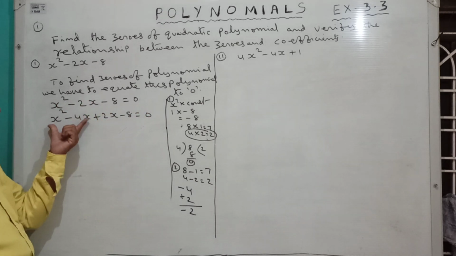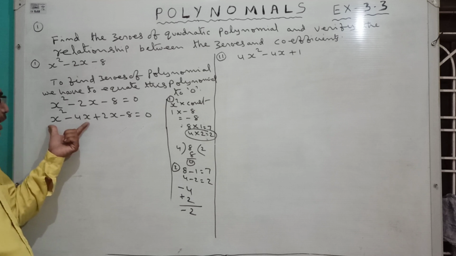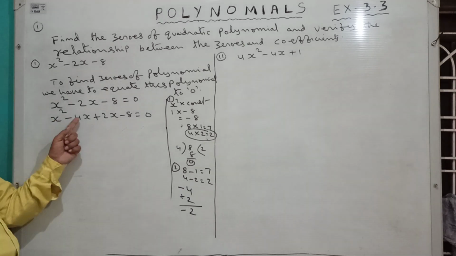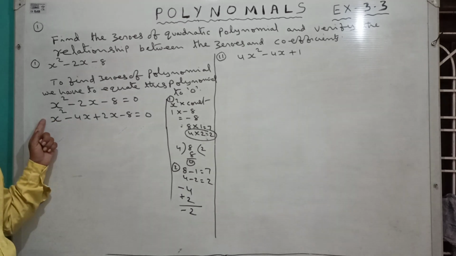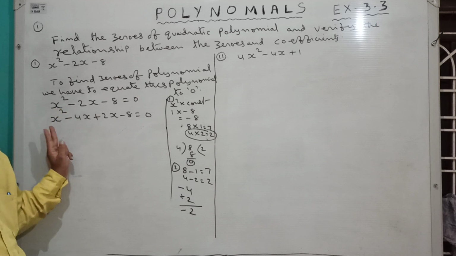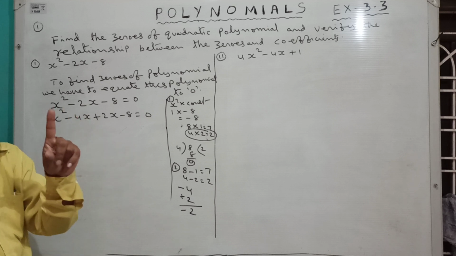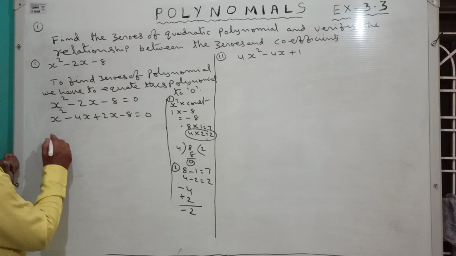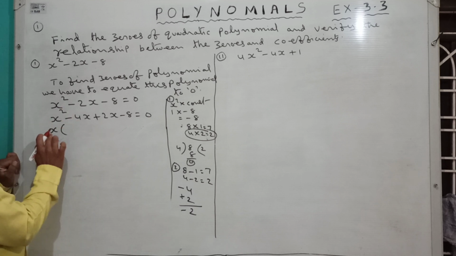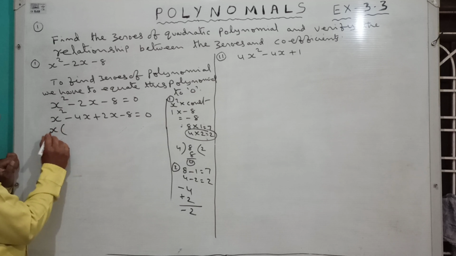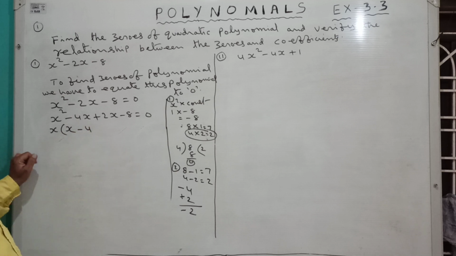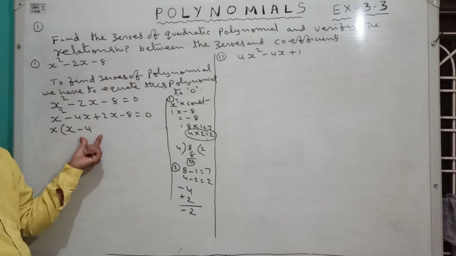Okay. So in these two, what common things are there? I will put them outside. So here 4 is there, here is 4 there? No. So I will not take 4 outside. But here in x square, 2 x's are there, x into x. Here x, so 1x is there. So I will take x outside. So I will take x common. So here x square is x into x, so 1x will be outside, another x will be inside, minus symbol, this 4 like that only. Here x came outside, no need to write it here.